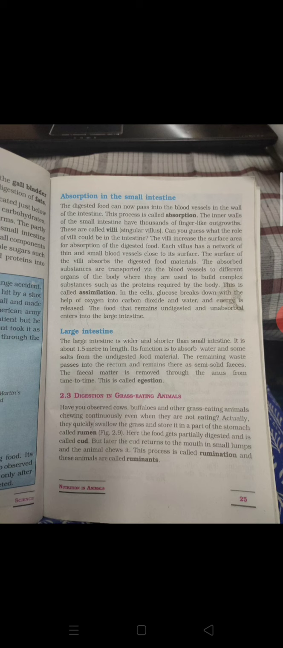So after watching this video, you must be able to solve this worksheet. I will send this worksheet in the WhatsApp group right now. After this, we will study the digestion in grass eating animals. So in our next